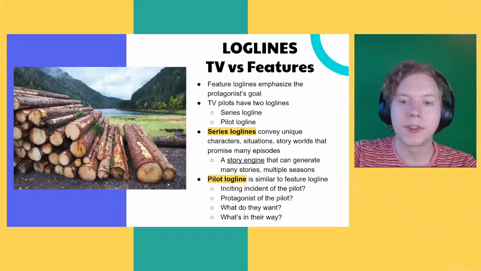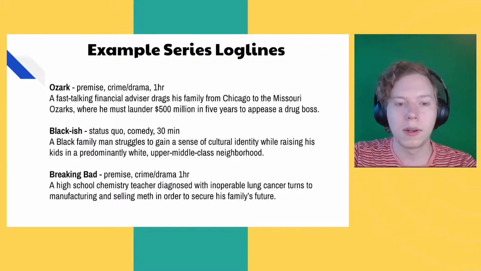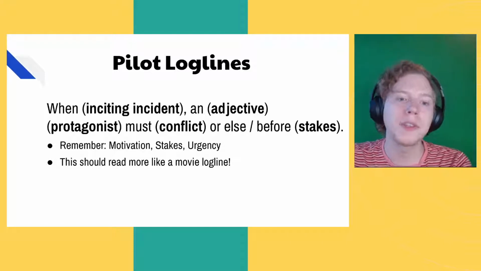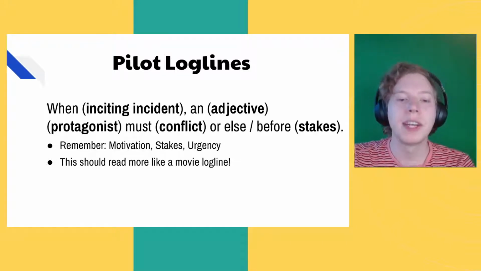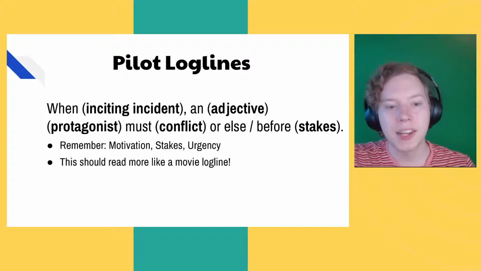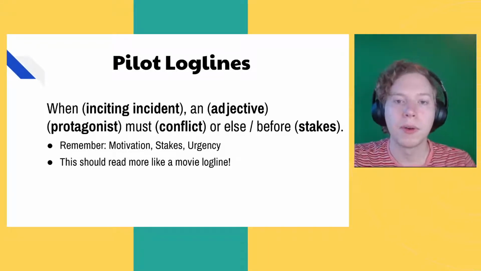So let's look at this template. Where did it go? Okay, so the pilot logline is going to look a bit like this: When inciting incident, an adjective protagonist must conflict or else / before stakes. So you can start working on some version of that now, even if you have a couple different ideas